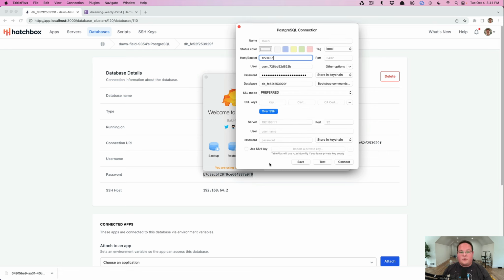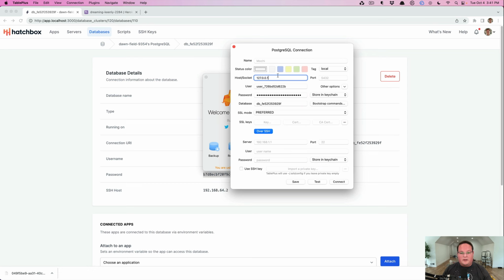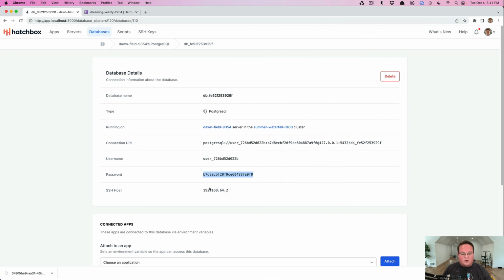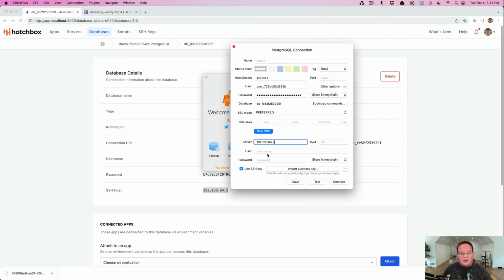And instead of Heroku using the direct host, we're going to use SSH. So we're going to use our local SSH key here. We're going to grab the SSH host, and we're going to use deploy as the username without a password because we're going to authenticate to the server using our SSH key. So you can click test, it will connect to SSH, it will take a second, and then it will try to connect to Postgres. And if all of this is green, you can save this and give it a name